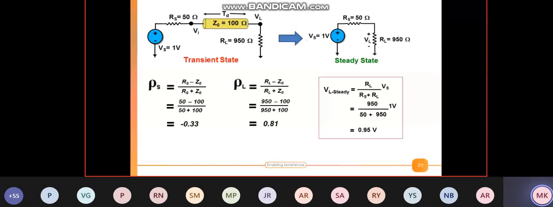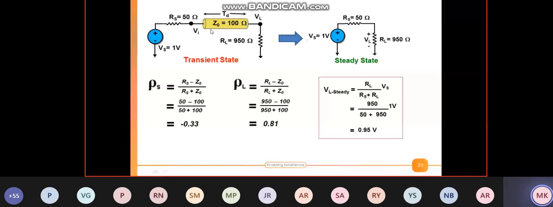This is modeled as a Thevenin equivalent model, wherein you have a source voltage of 1 volt, which is a steady state condition of a signal. We are taking a bias condition here, not a transient response. Then you have a series resistance of 50 ohm. As you know, output drivers have a low impedance, and input drivers have a large impedance. Then you have a 100 ohm